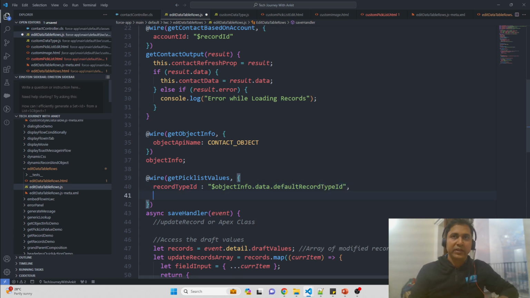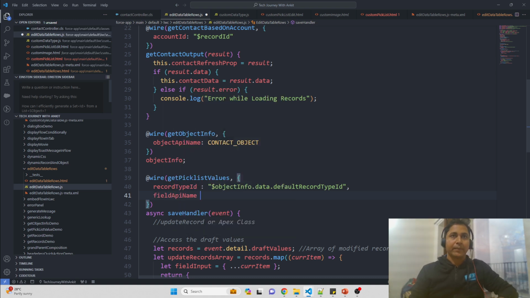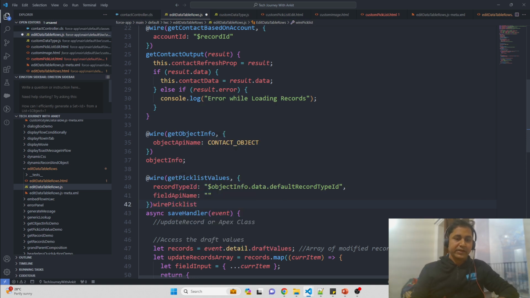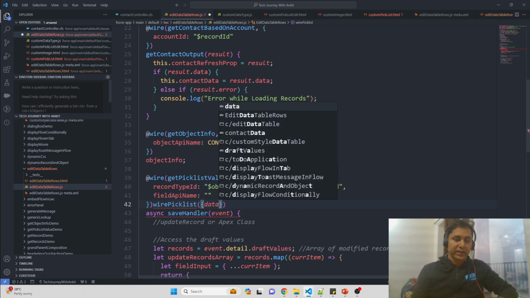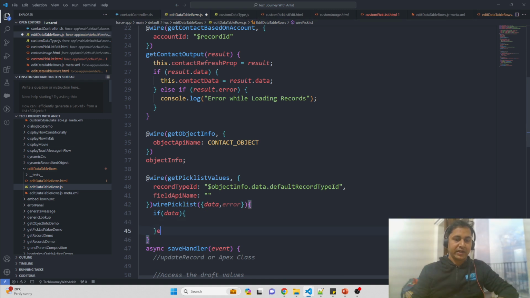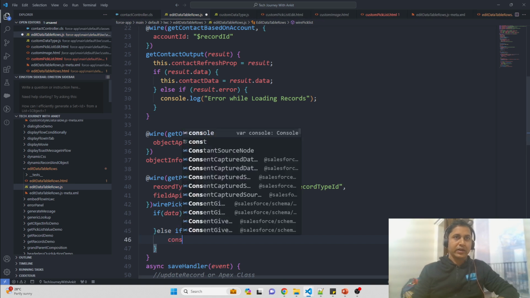That is the first parameter that I have to pass, and the second parameter is the field API name. Whatever field you want to retrieve, you can pass that field API name here, and whatever output I am getting, I'll be storing into one of the functions. So let me put here wirePicklist. Again, this function is accepting data comma error, and here again I am checking that if I am getting the data, then I'm putting the data, else if I am getting the error, then here I go and log the error,